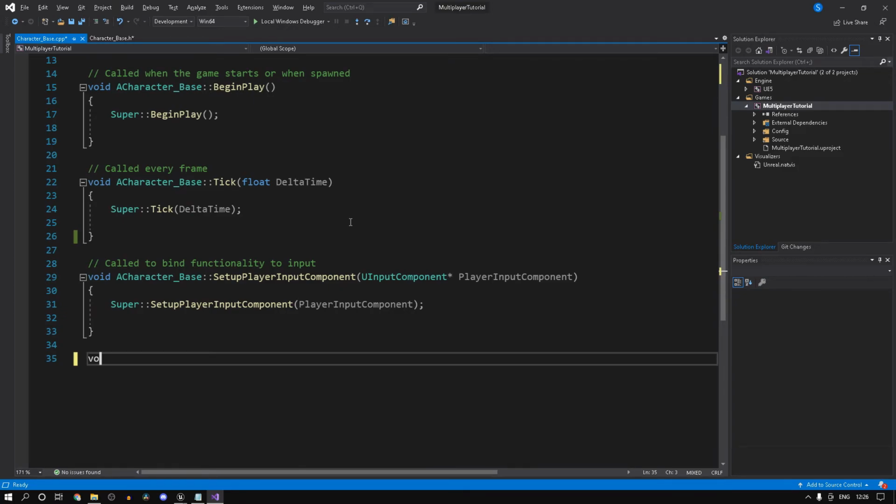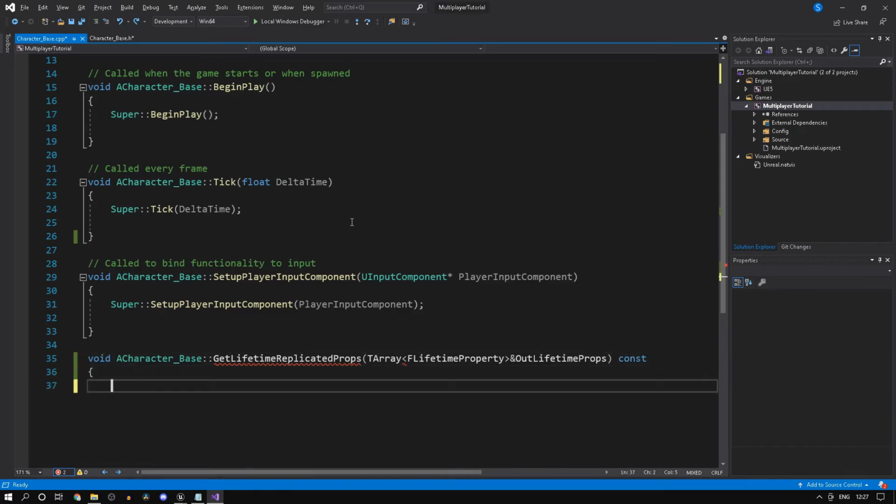Now we need to call this function here. So void ACharacter_Base, and it's going to be called GetLifetimeReplicatedProps. And then we are going to have a TArray, FLifetimeProperty will be the type, and OutLifetimeProps, and finish that with a const.